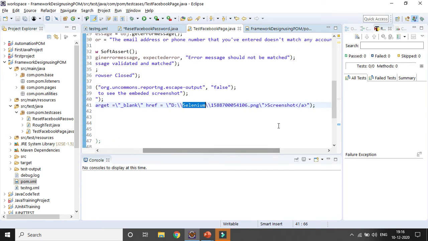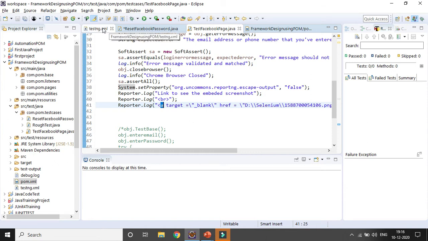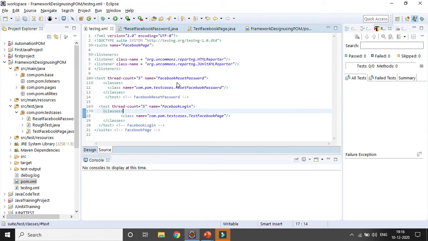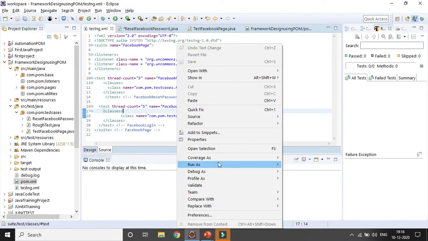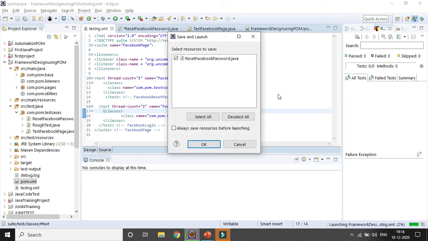And this is the link name, and if we click on the link name, it will open in a new page, because we have used the blank target. We need to use the backslash because this is the HTML part, and this is the tag name. It will be a link because the tag starts with an anchor. So now let's run the testng XML file once before implementing the listener class and see how it behaves, as we already implemented ReportNG.